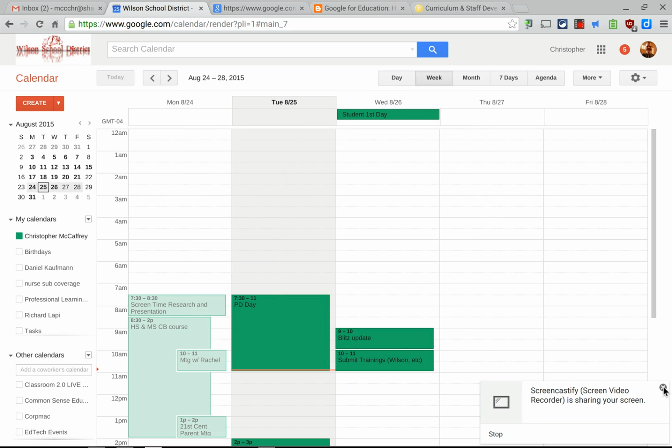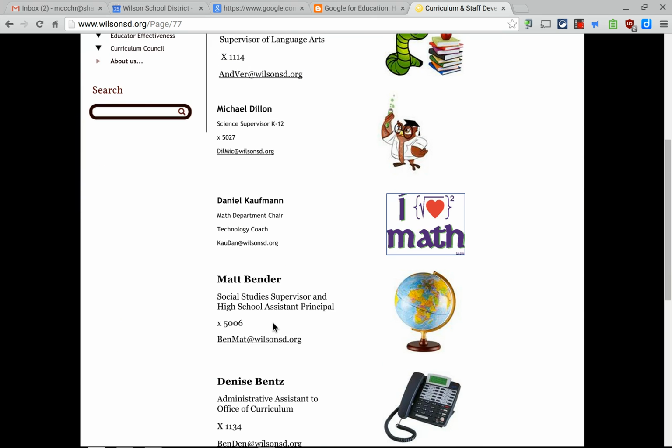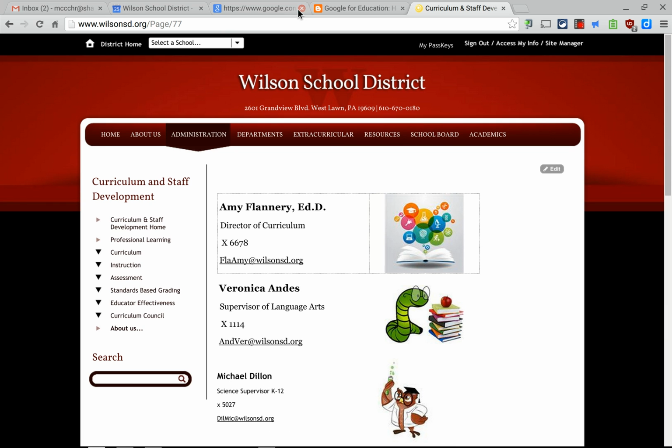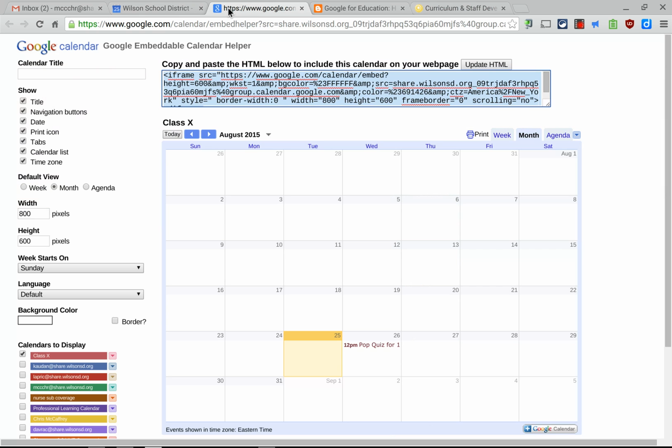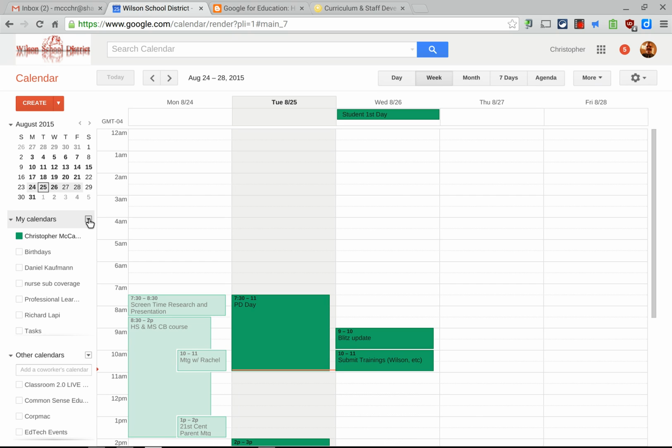Okay, here's how you embed a Google Calendar on a Schoolwires website. So here's just the curriculum team's website that I'll be using just as a temporary place to work on. The first thing you want to do is go to Google Calendar, and if you haven't created your calendar, obviously